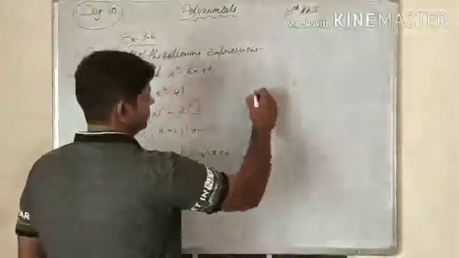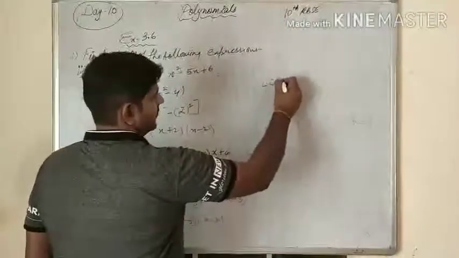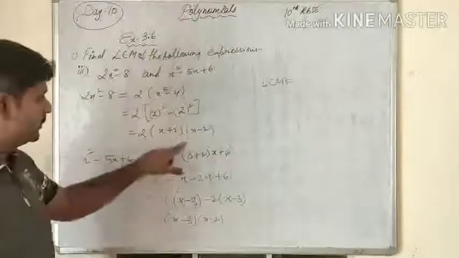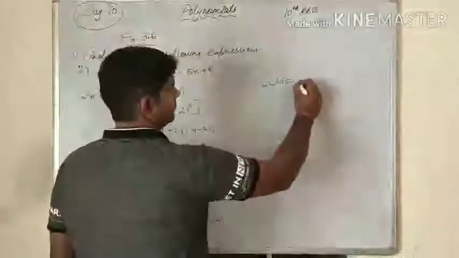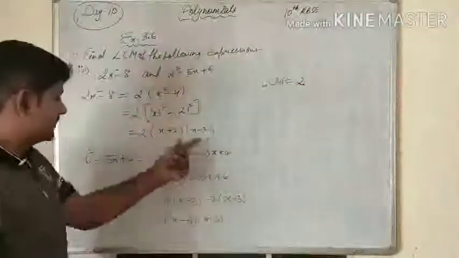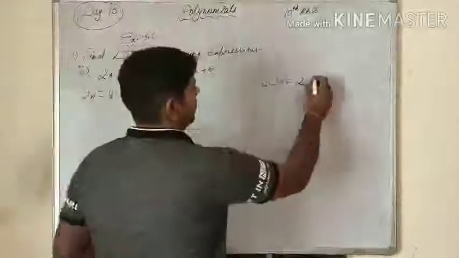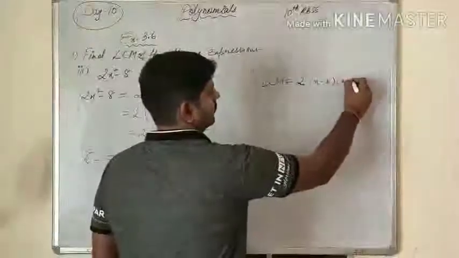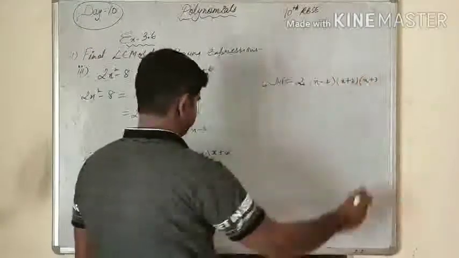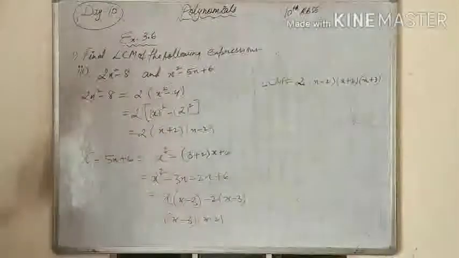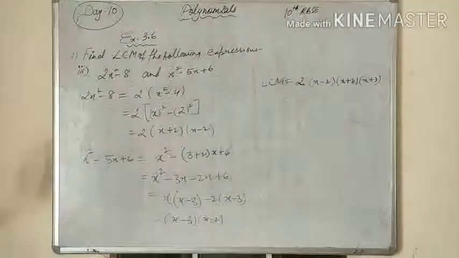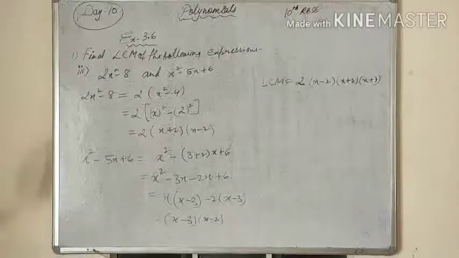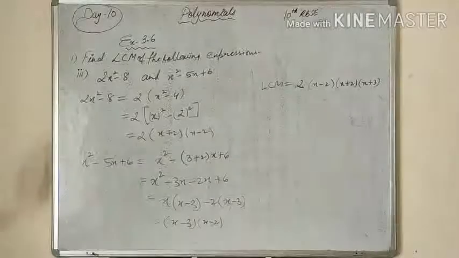Let's find out the LCM. LCM is all the factors, only except common. So 2 is there, so we will write 2. Then x minus 2 is common for both, so I am taking x minus 2. Then x plus 2 we can take, and x minus 3 is also there. These are the total factors. This much is the LCM of this question. Please do it fast, then we will continue. Now the next part, I am erasing this.